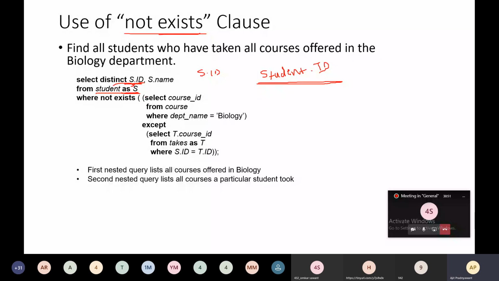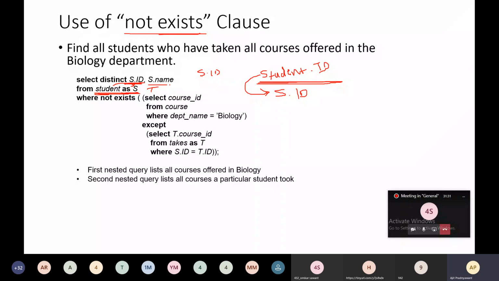And this AS clause is used to rename this relation student. Student as S means we have renamed the student as S. Instead of writing student.ID, it is easy to write S.ID. You can rename it to any name. You can write student as T also, or anything that you want. The meaning of this S.ID is the ID column present in the student relation.